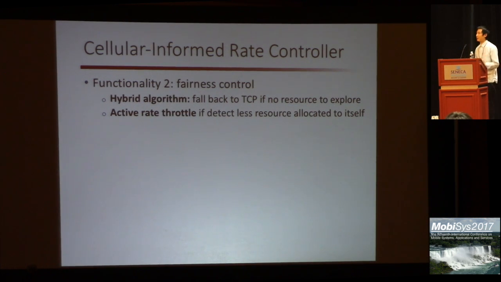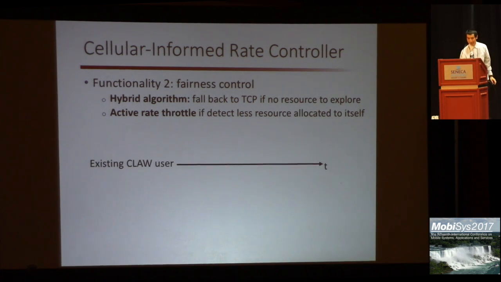Our rate control module also does fairness control, so we design a hybrid bandwidth separation algorithm which allows it to fall back to conventional TCP when it detects no resource available, so it won't get stuck. Meanwhile, it can accurately throttle the sending rate when it finds the base station allocates this resource to itself, to